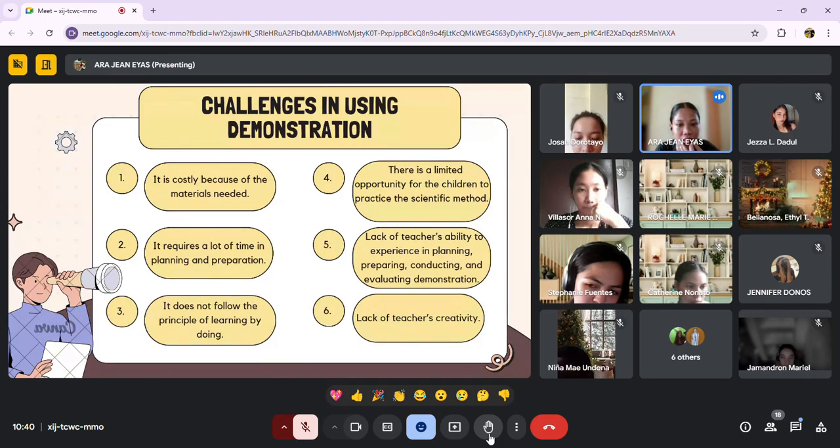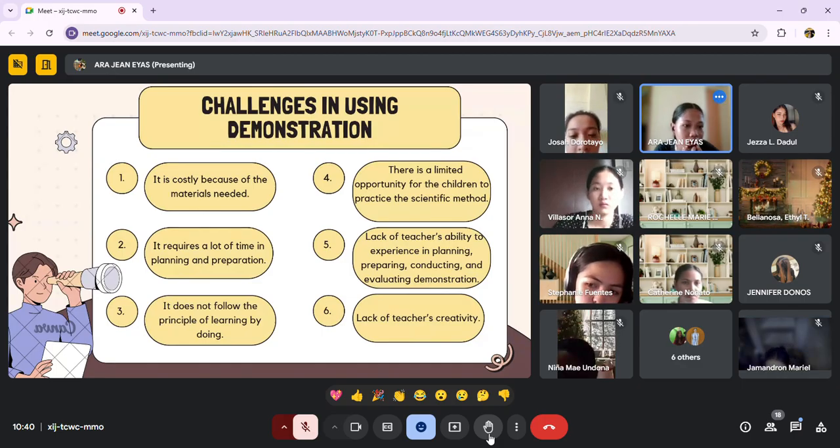This method must involve active participation and inquiry for the students to be able to learn. I guess that's why this is one of the challenges, because it most likely focuses on the teacher rather than the students.